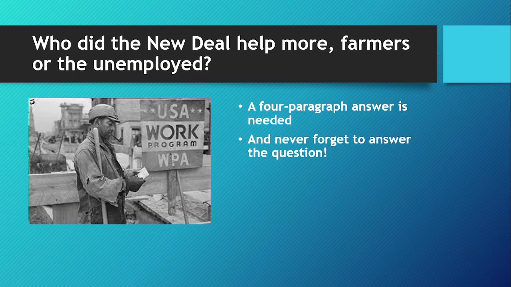And let me use this potential question to remind you that you always need to answer the question: was it farmers or the unemployed? It only takes a sentence, but it will cost you a mark if you don't, and every mark is precious. And do prepare for the other groups that could be used in this type of question. Native Americans, African Americans, the more recent immigrants, and women, 50% of the population.